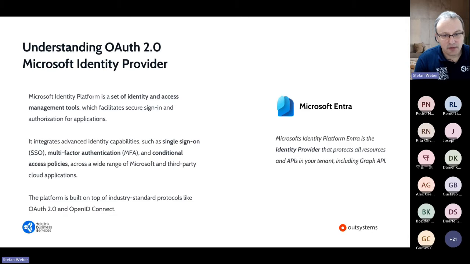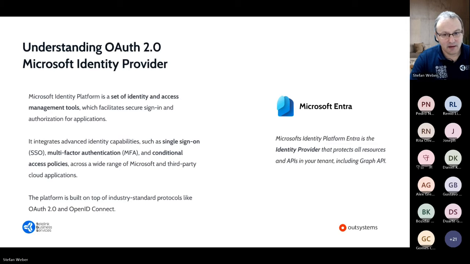If you noticed, Microsoft recently renamed their Azure AD part, so their identity platform, to Entra. Entra is more than just an identity provider. It includes additional tools, for conditional access policies and monitoring and lots of other stuff. And the identity provider that issues access tokens and OpenID Connect tokens, that is just one part of Microsoft Entra. I still struggle with the new name, so I hope you don't mind if I mention Azure AD instead of Microsoft Entra throughout the course. Okay, so